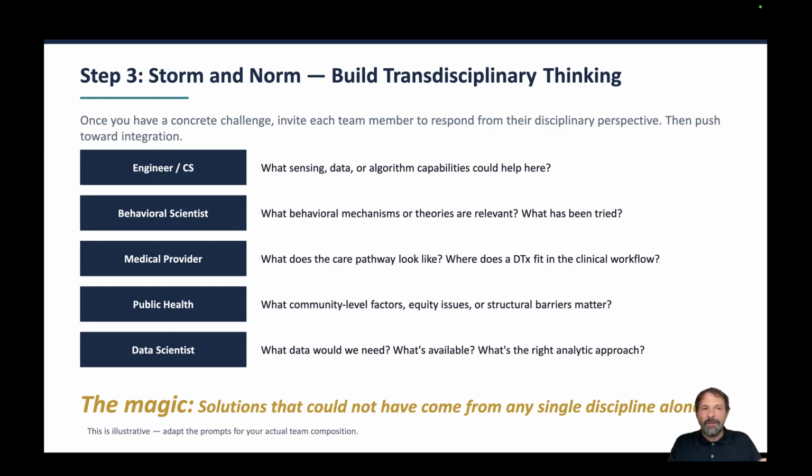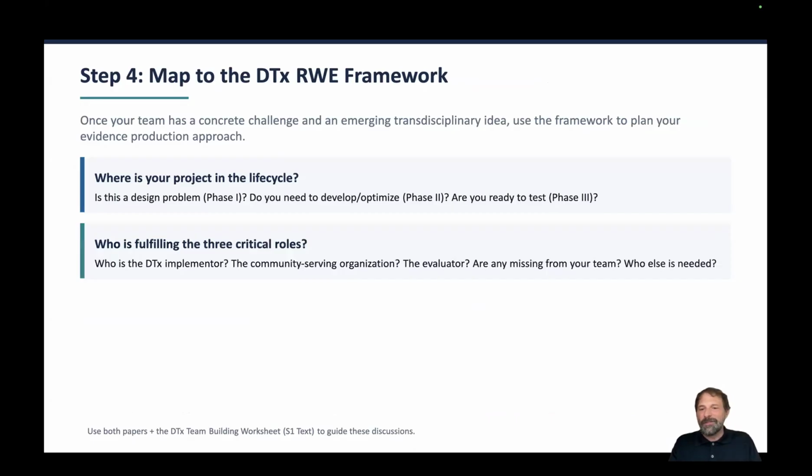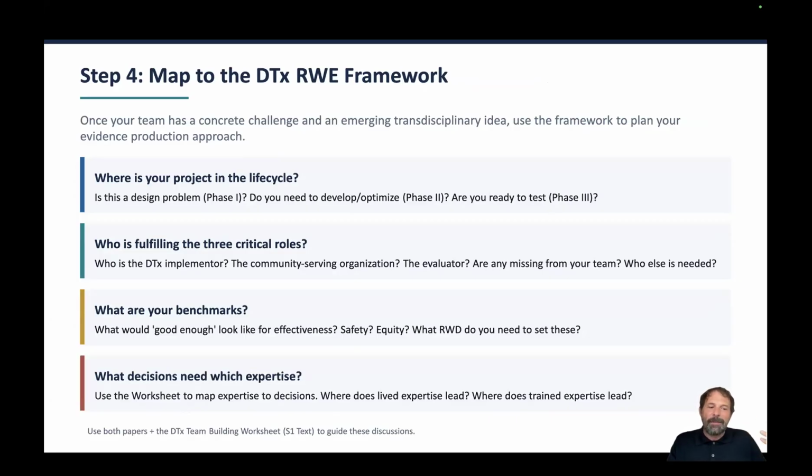Right. And then finally, you can map this up onto, like, okay, well, how do I start producing evidence, right? Where are we? Are we in design, development, and so forth? Who is fulfilling the various roles? How would we actually think about this in a sustainable way? How am I defining good enough on effectiveness, safety? What kind of real world data can we pull for this? And then ultimately, you start thinking about the types of decisions that you're making